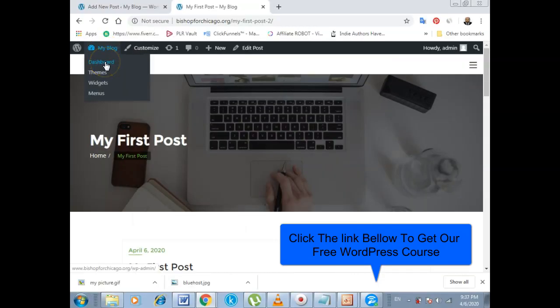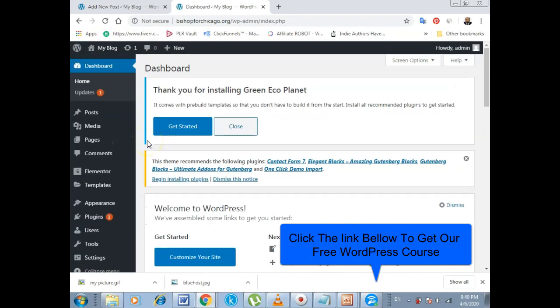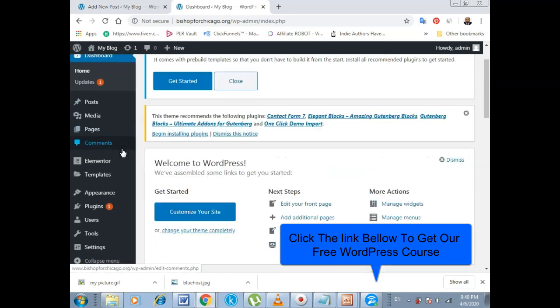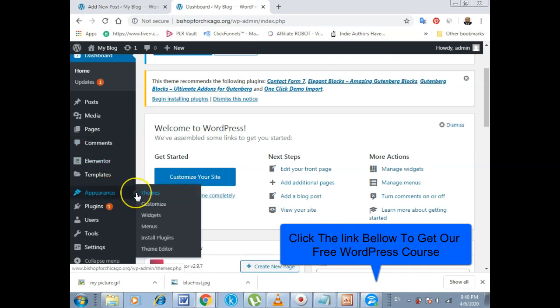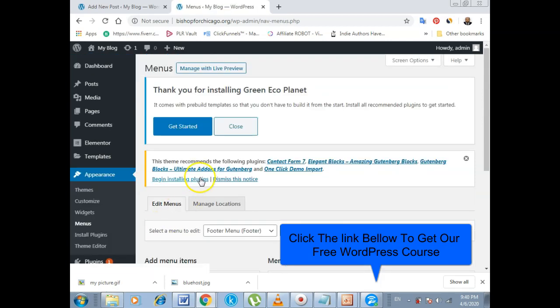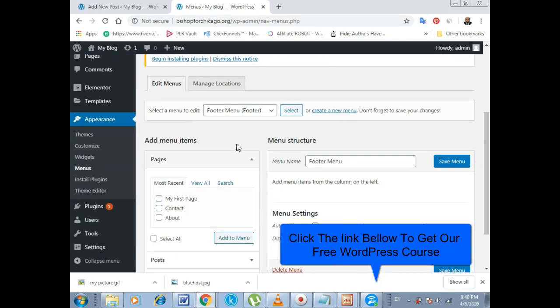Fifth step, set up a navigation menu. We go to dashboard, click in my blog, menu. To add a menu to our website, we go to appearance, then menus, from appearance, choose menus. Then choose primary menu, select,